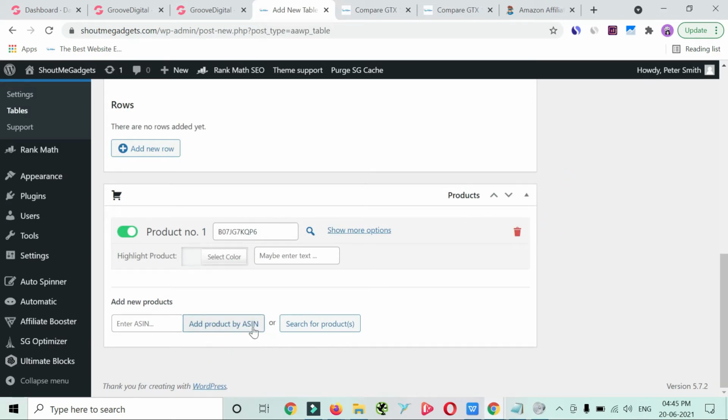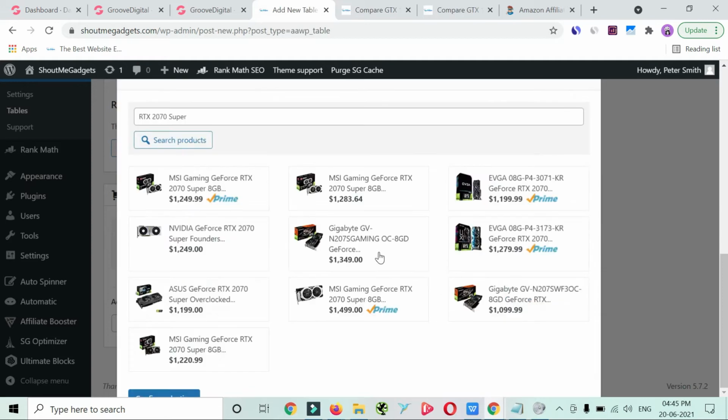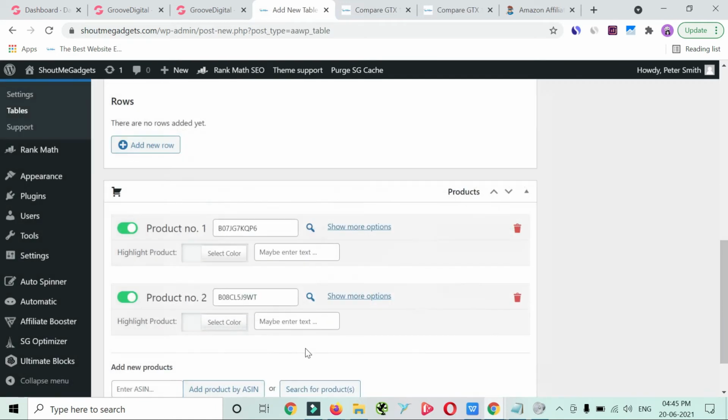And if you want to go for another product, then change the keyword and select that product as well, the same way that we did for the previous product. Let's select MSI gaming this time and click on confirm selection.